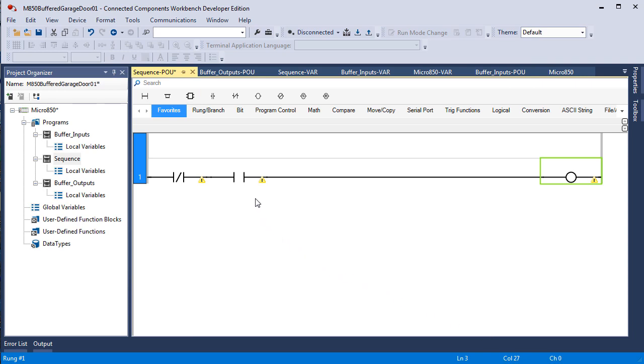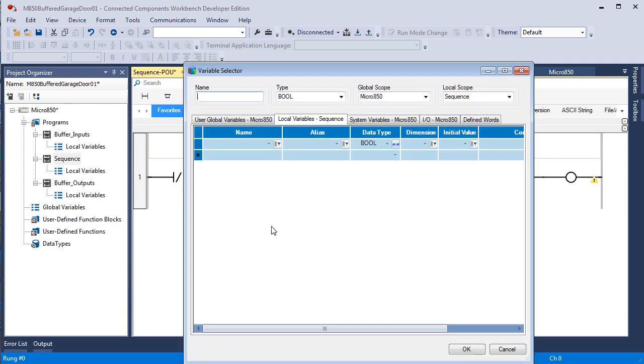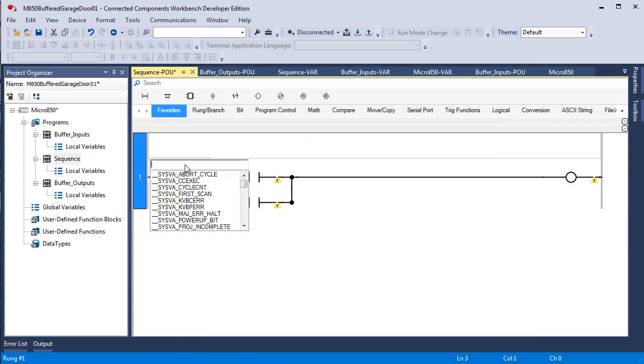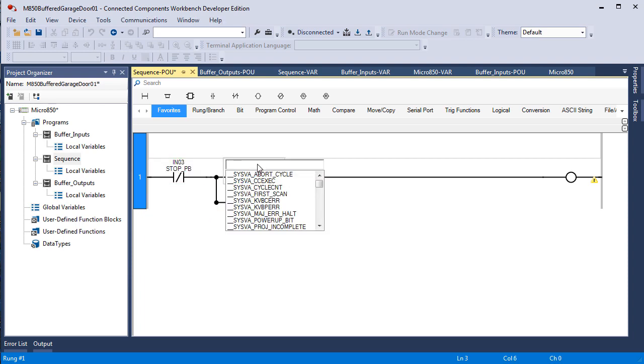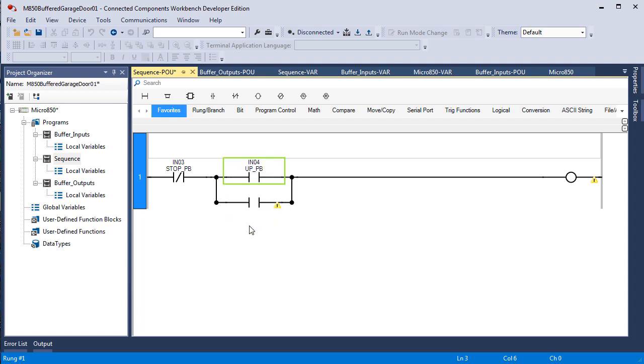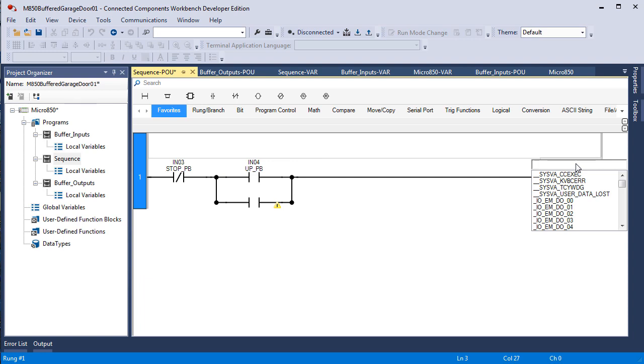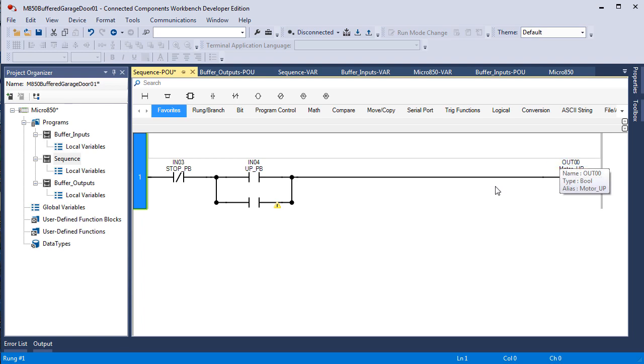And then we need to bypass the normally open with a branch around. And then we need a seal-in contact, also normally open. So I'm going to go ahead and assign tags to this. This would be the stop push button. This would be up push button. It's going to be up or down. In other words, we need an up and a down circuit. So we'll start with the up push button. And then this would be motor forward. And I think we named it motor up. So motor up. And then we also need the same